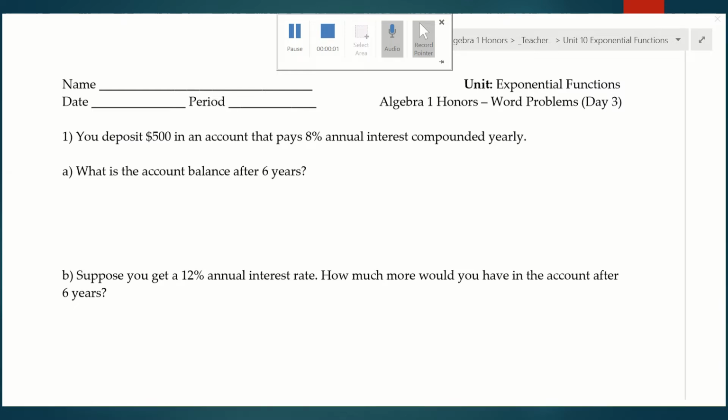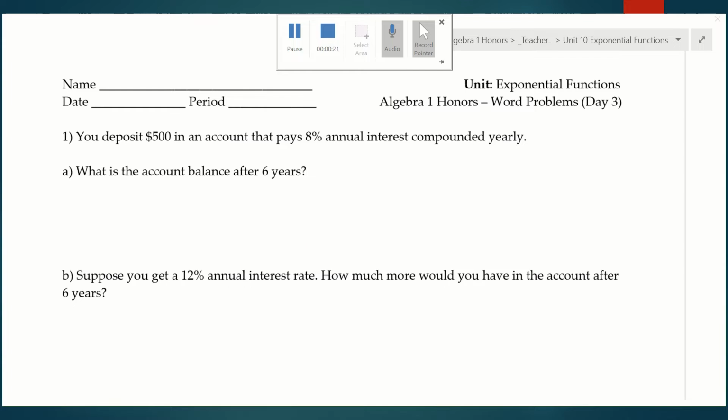Hi everyone. We are on our third day of word problems, and so hopefully after today you're going to feel like you got this and we can move on. And so the lesson today is going to have a mix of regular word problems. We're going to have some compound interest problems, so you'll get a good mix of everything that you've done in